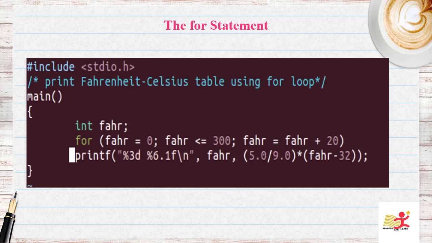And if it is a single statement, you don't have to enclose it in braces, you can just indent it, and the initialization, condition, and increment can be any expressions. And you may have a question whether we should use a while loop or a for loop. The for is usually appropriate for loops in which initialization and increment are single statements which are logically related. Since it is more compact than while, and this for loop keeps the loop control statements together in one place, you can go for that as well.